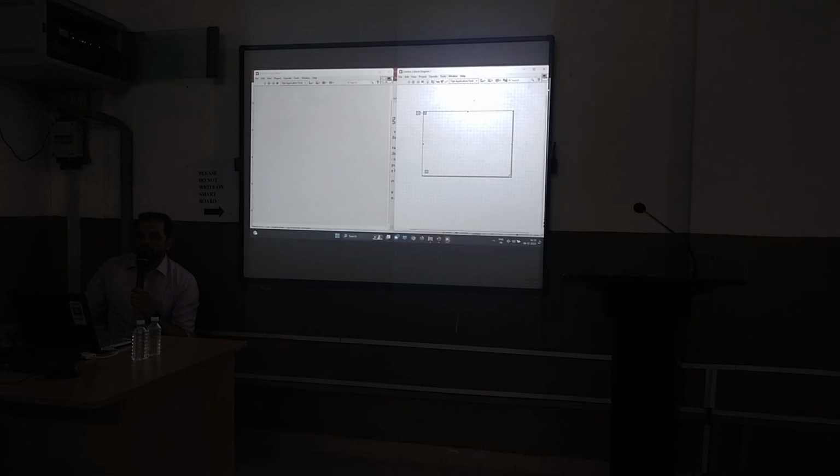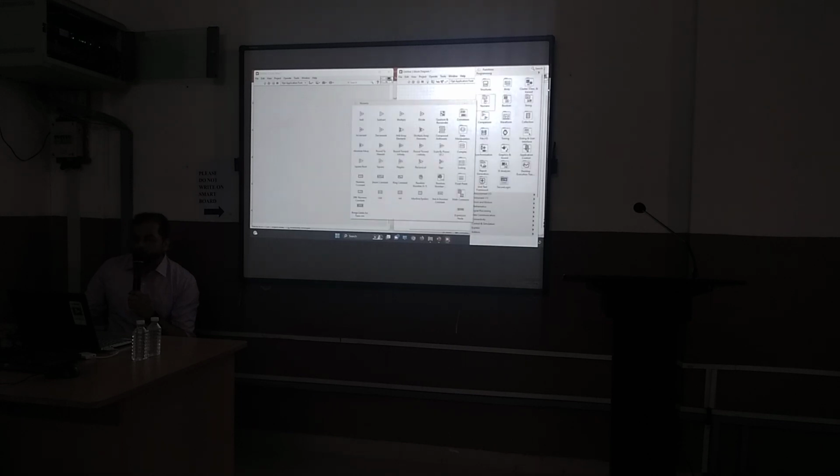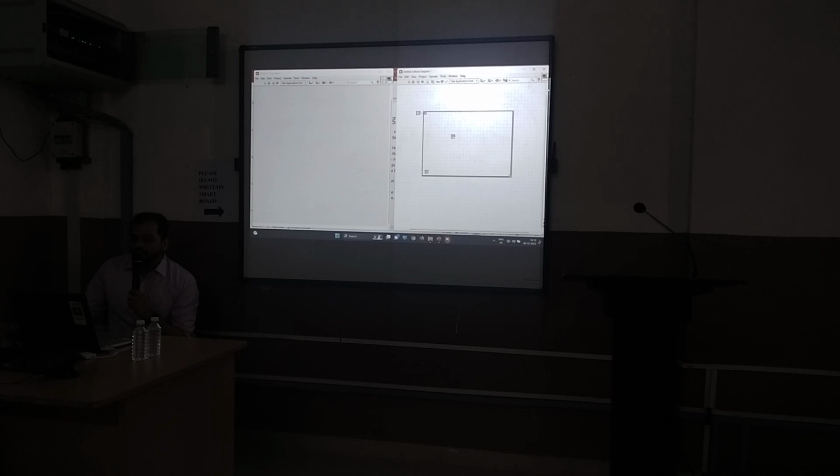Now right click anywhere in the block diagram, go to numeric and you will see a random number. Place it inside my for loop. If you are not able to find that random, you can search. This is a random number generator. It generates random numbers.